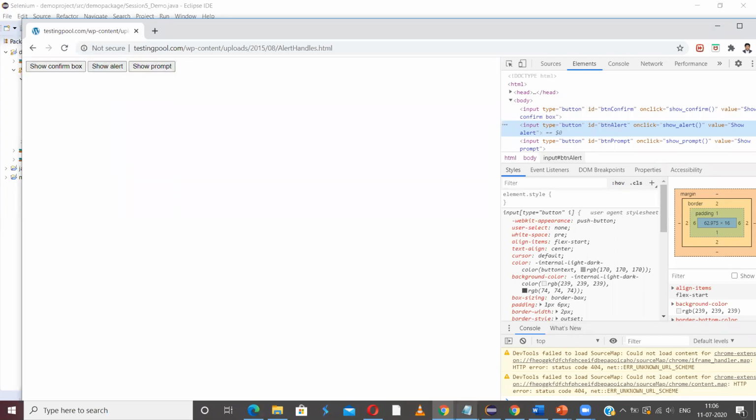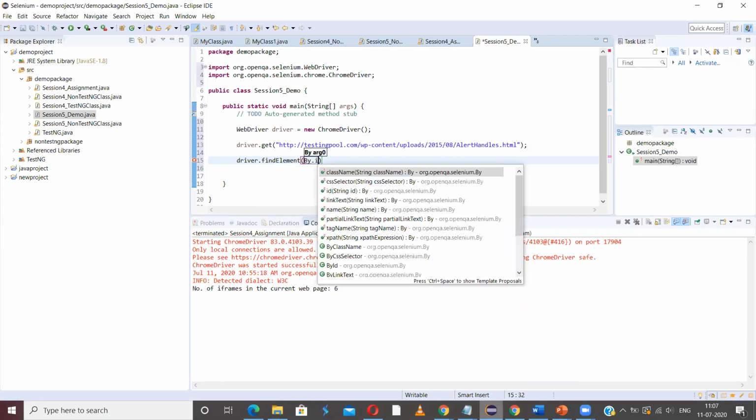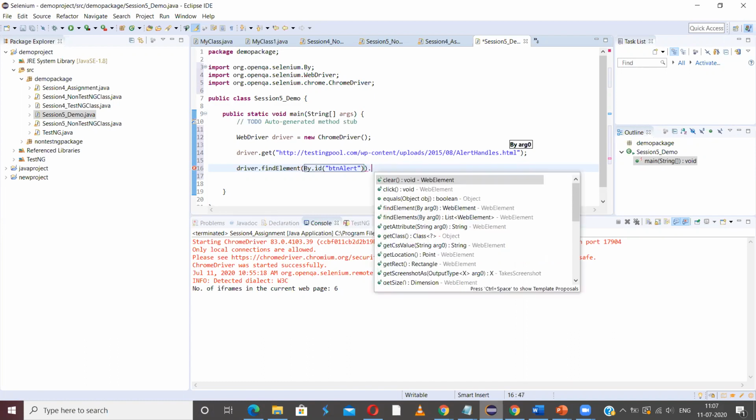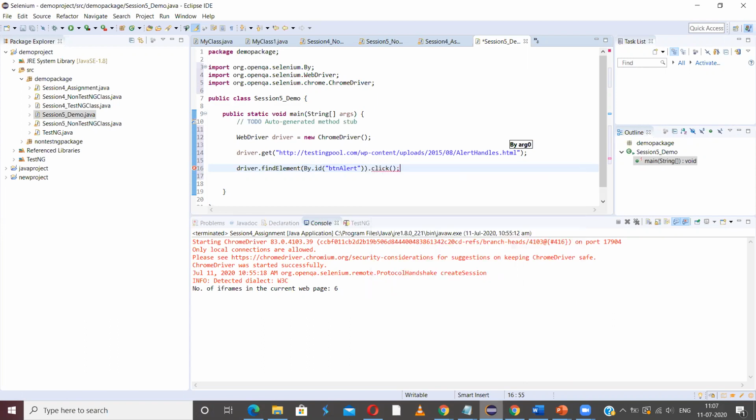So let me interact with it. Driver dot find element by ID, BTN alert. And let me click on it so that I will have the pop-up.